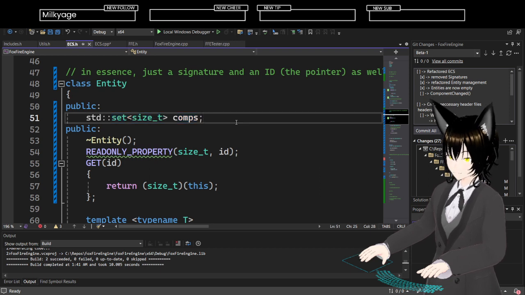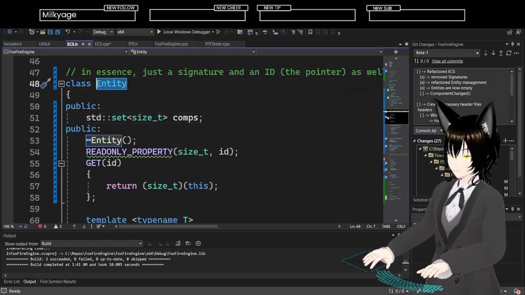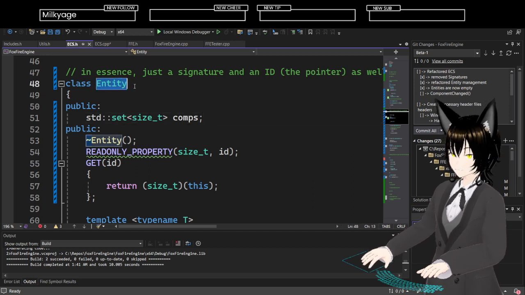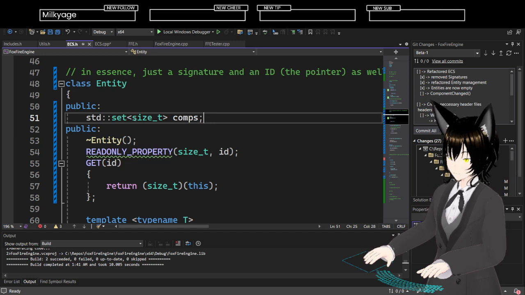Because if you think about it, if you're doing a physics simulation and you have a million particles, that's a million entities, and that's 1 megabyte. Even if the entity is just 1 byte, it's still a megabyte of data. And in the case of an entity, that megabyte is completely empty.